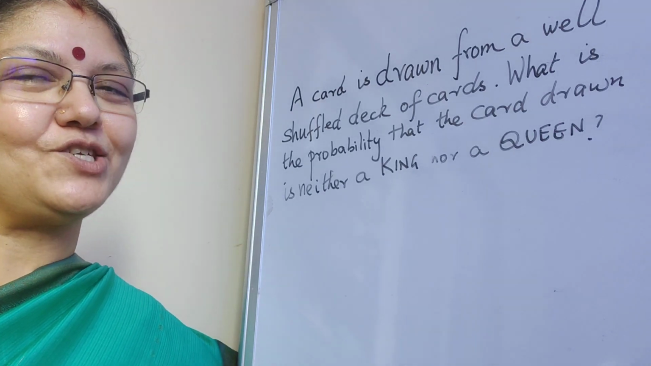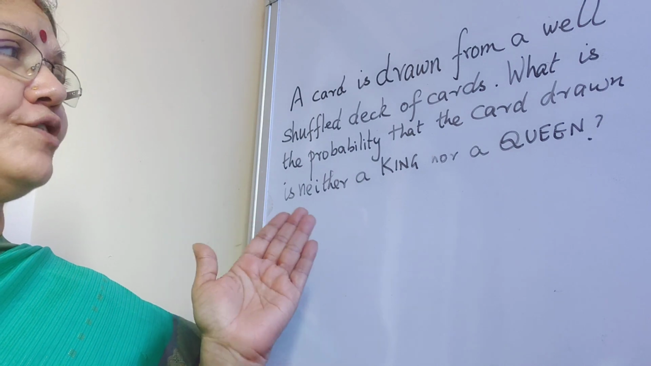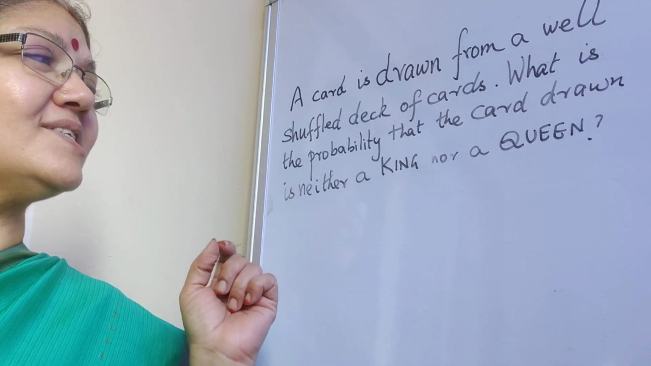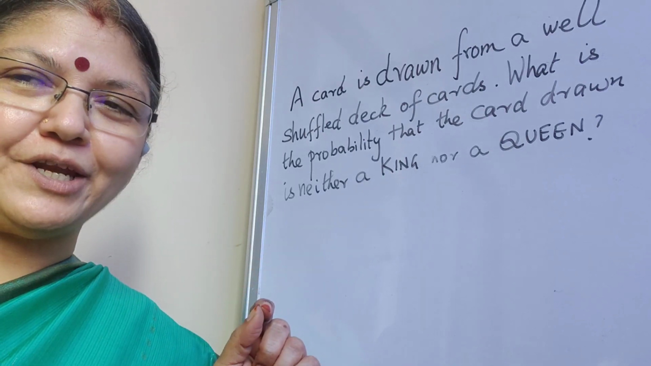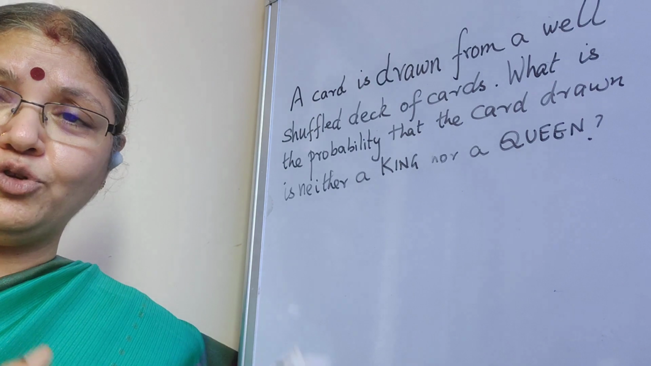Let us now look at a question on probability. It says a card is drawn from a well shuffled deck of cards. What is the probability that the card drawn is neither a king nor a queen? Now for those of you who know the deck of cards, it's easy, but for those of you who do